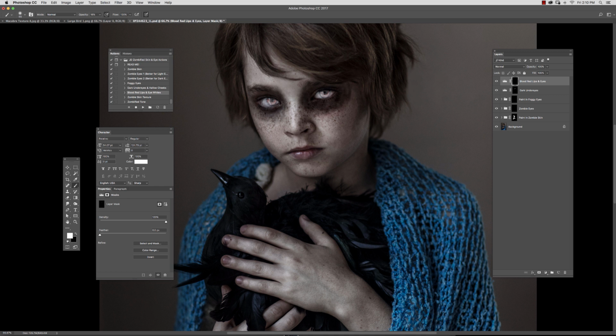Again, I'm not being real fussy here. You can go a little bit slower than me when you're doing this yourself, but again, I'm kind of rushing because I want to just show you basically the guts here of the edit, how it works. I'm going to put a little of this redness here on the tip of his nose. Notice that zombies sort of have red noses, at least some of the ones that I was looking at did. I'm going to get his lips